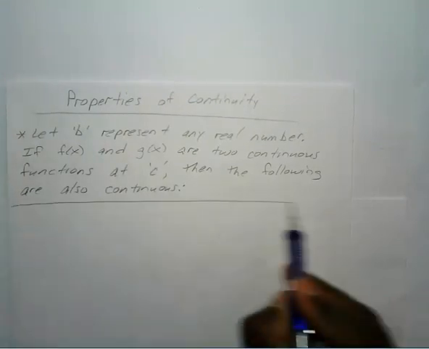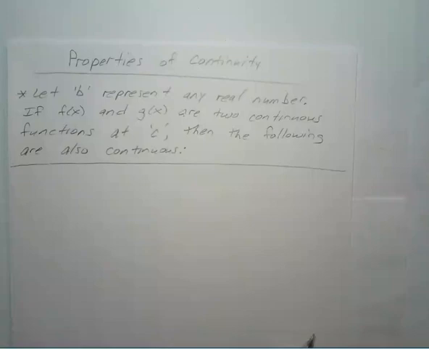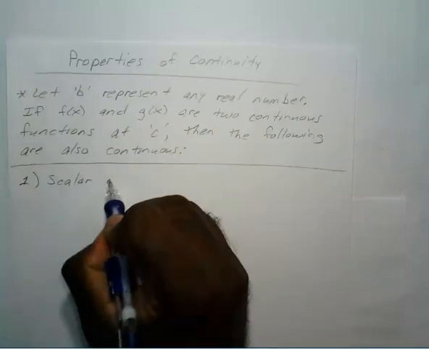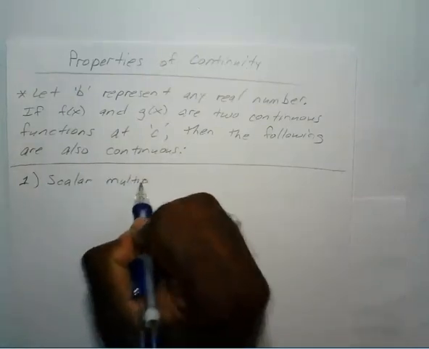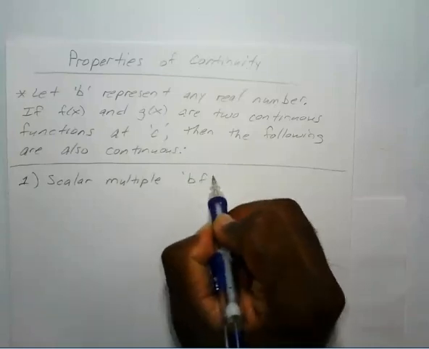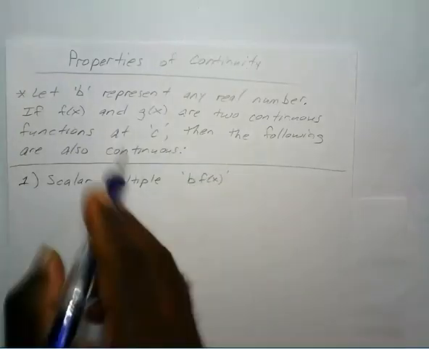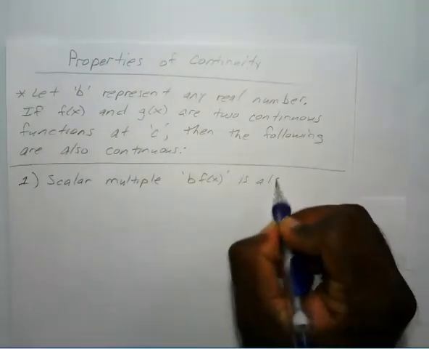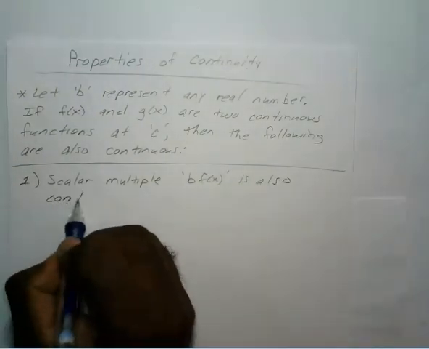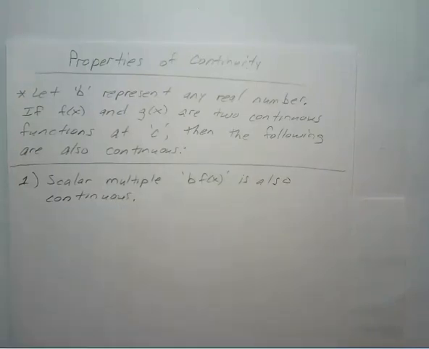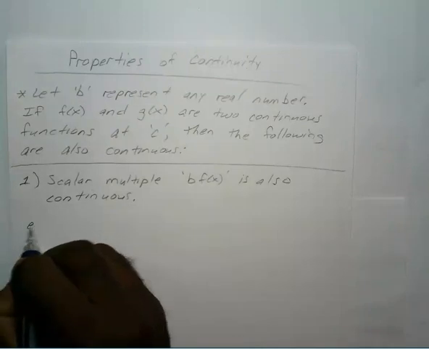Okay, so the first one would be the scalar multiple. Okay, the scalar multiple B times f of x, or B times g of x, whichever one you want to use, is also continuous. Okay, so for example,